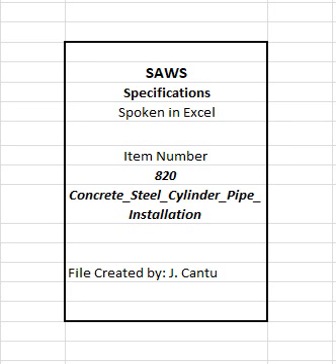820.5 Construction method. Concrete steel cylinder pipe shall be installed as specified within Item Number 812, Water Main Installation of these specifications. 1. All joints shall be full weld. No skip weld shall be permitted. 2. Bell holes for concrete steel cylinder pipe shall be of sufficient size to properly join the pipe and place the required grout. 3. Subject to the above provisions, the length of excavation for bell holes below grade of the trench bottom shall be kept to a minimum.